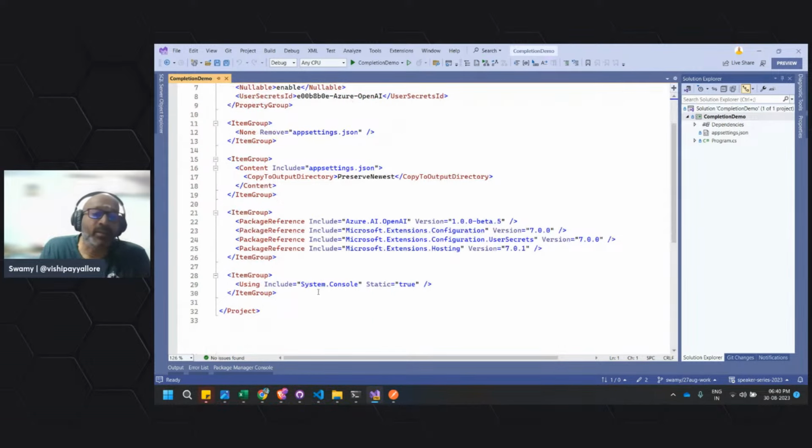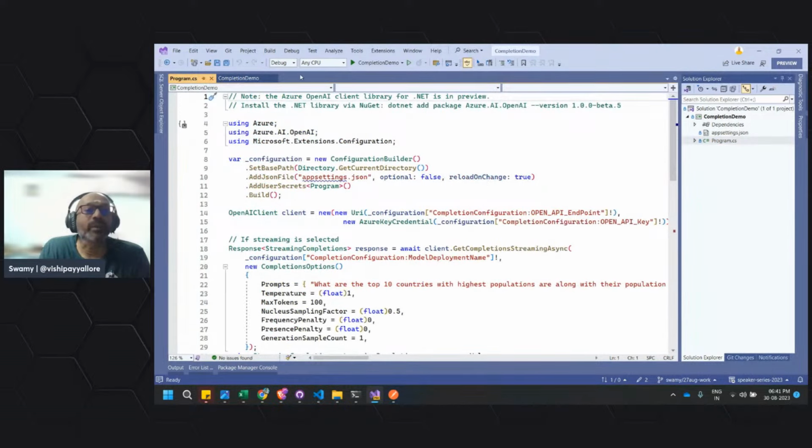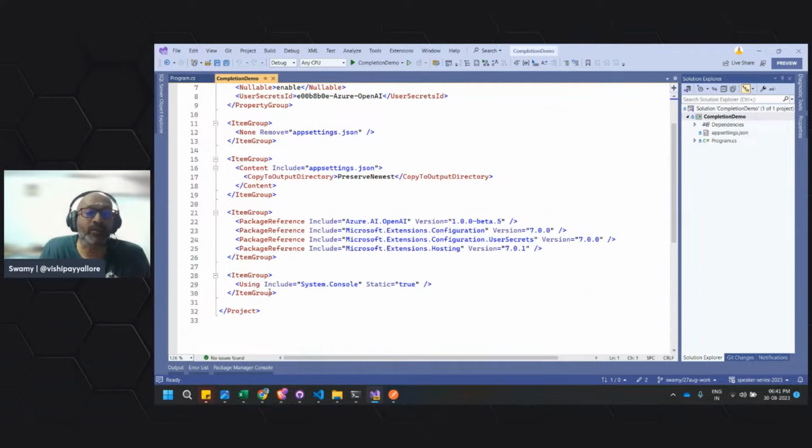Another thing is that wherever we are using Console.WriteLine, nowhere in this program do we use System.Console explicitly, because that's a new thing you can add wherever you want to use a class as static. We can mention it in an item group, using System.Console static.